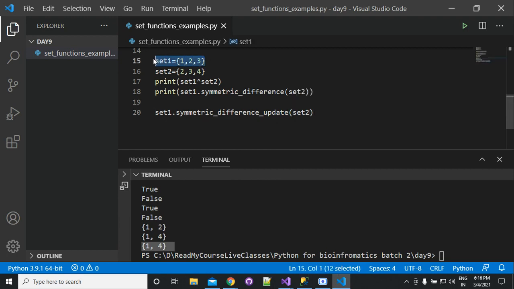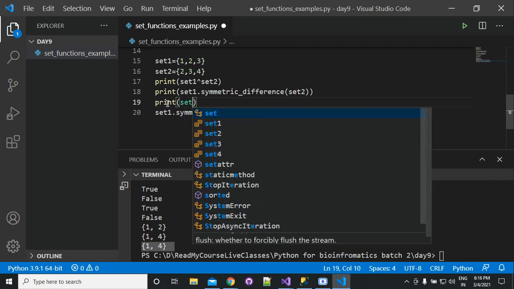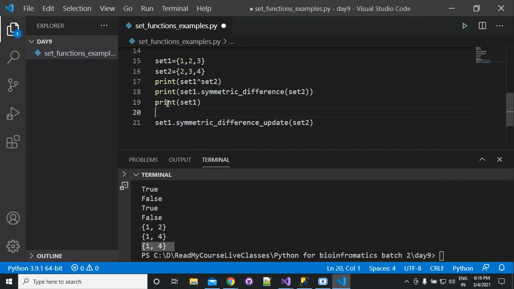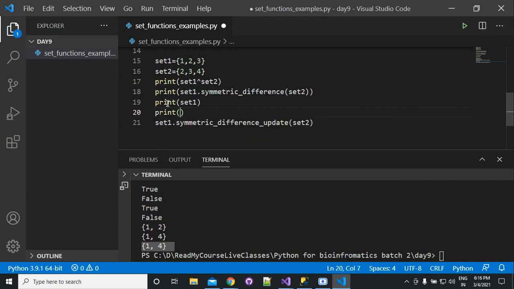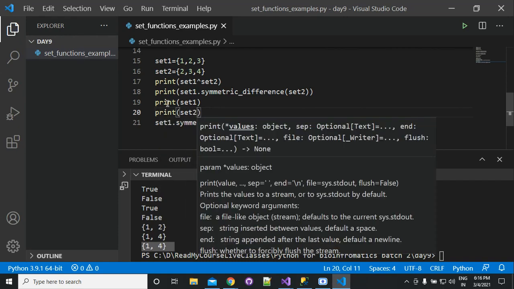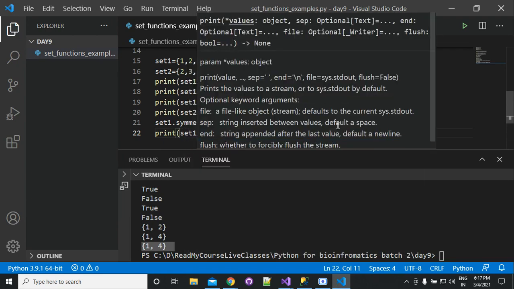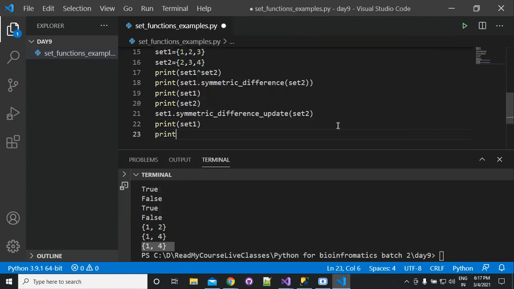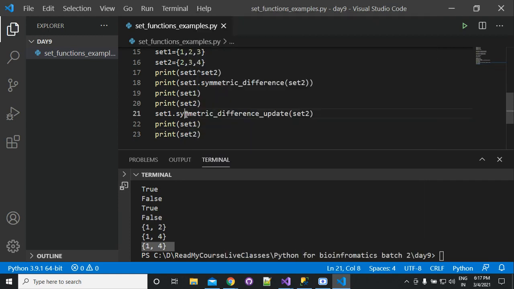Previously, if you print the value of set 1 and set 2, they will not change. But after performing symmetric difference update, now if you print the value of set 1 and set 2, you can see what happened in this case.